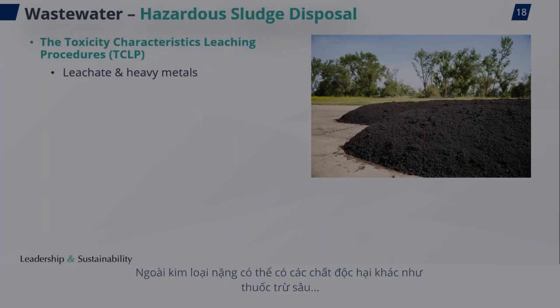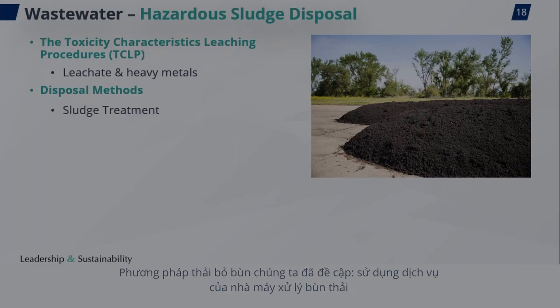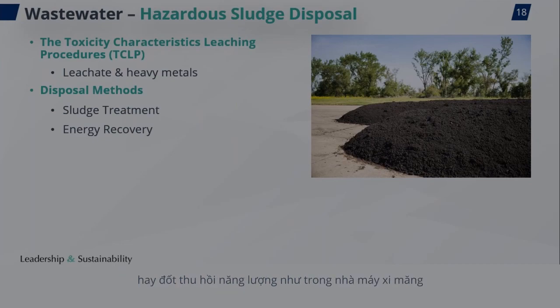And of course, you may have other toxic substances than just heavy metals. You may have pesticides, for example. You may have organic compounds that are toxic as well. And so, of course, also by using safer chemicals and decreased chemicals usage in your production, your sludge may become non-hazardous. And if it is hazardous, yeah, we have the similar treatment options that we already talked about, sludge treatment